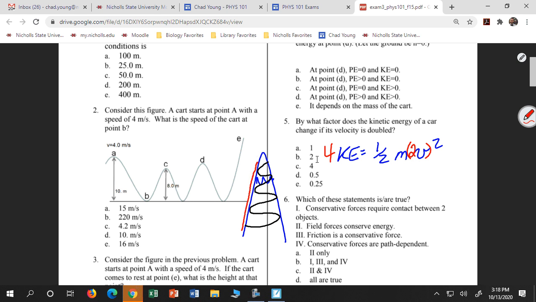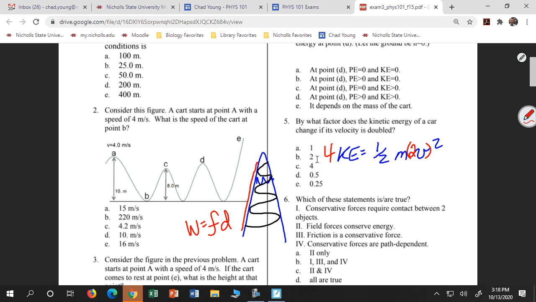Friction is a non-conservative force. It doesn't conserve energy. It loses energy. And in which path do I lose the most energy? The black, because it's a longer path, and I just have more time to lose that energy. In fact, the energy that I lose due to friction would be equal to the frictional force times the distance